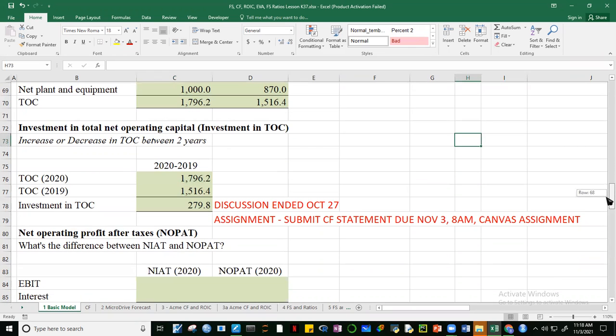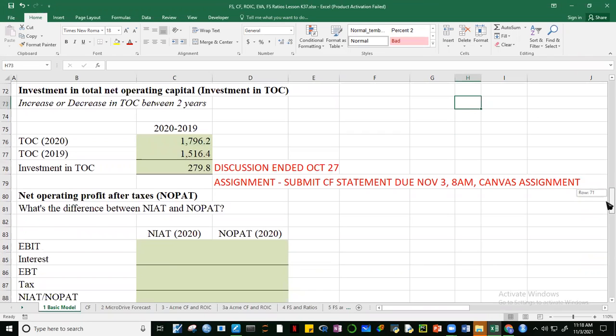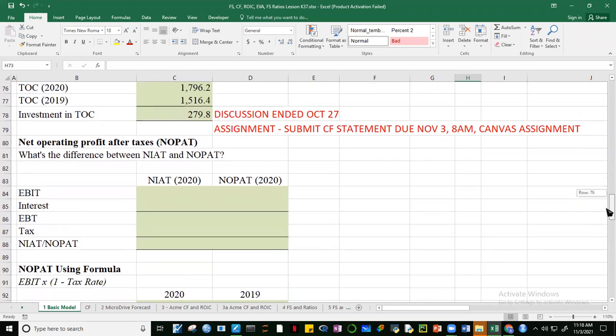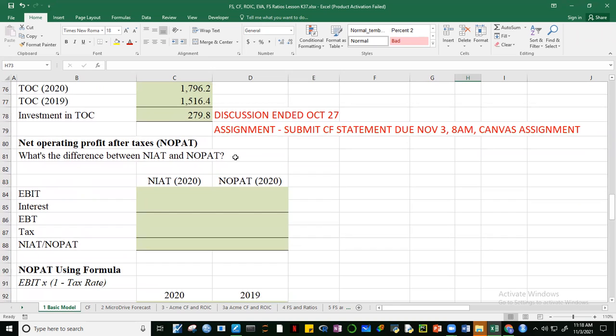Okay, so this is indicative that the company was investing more in their operating assets. Okay, now we look at the difference between NOPAT and NIAT, net income after tax and net operating profit after tax. Okay, so net income after tax,